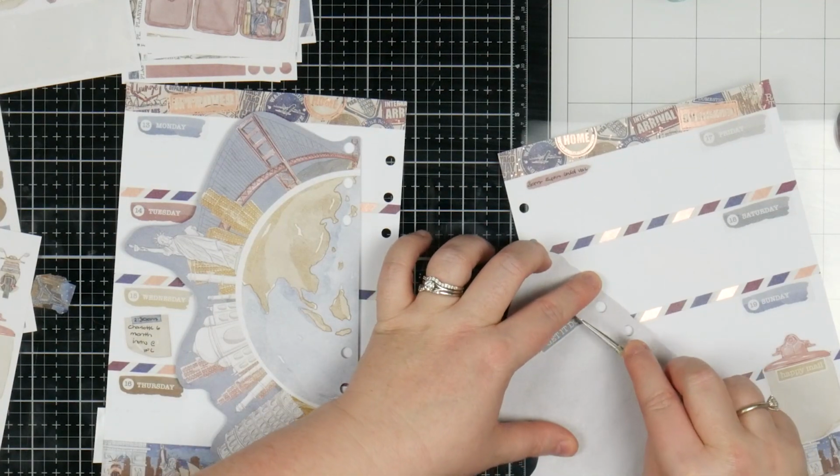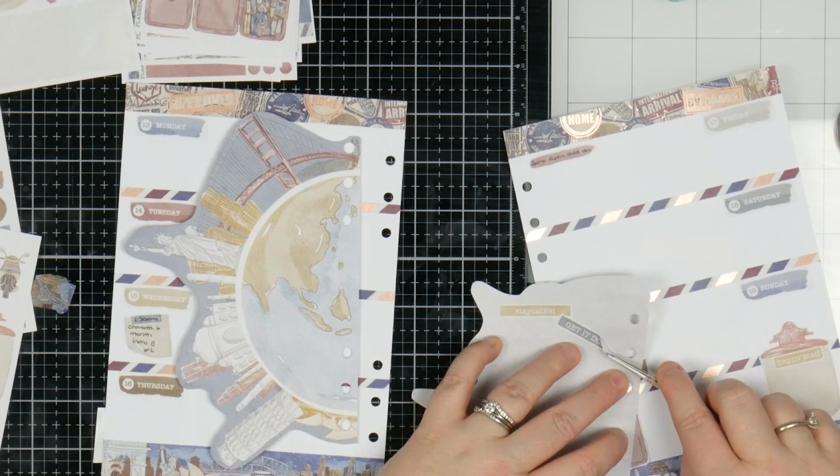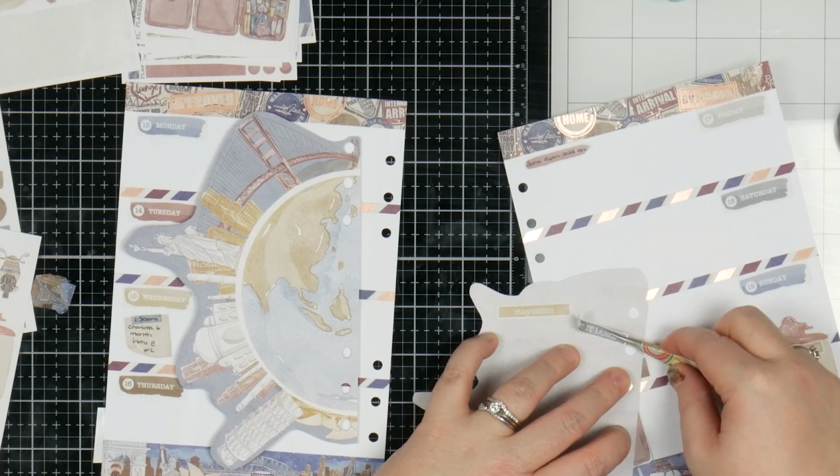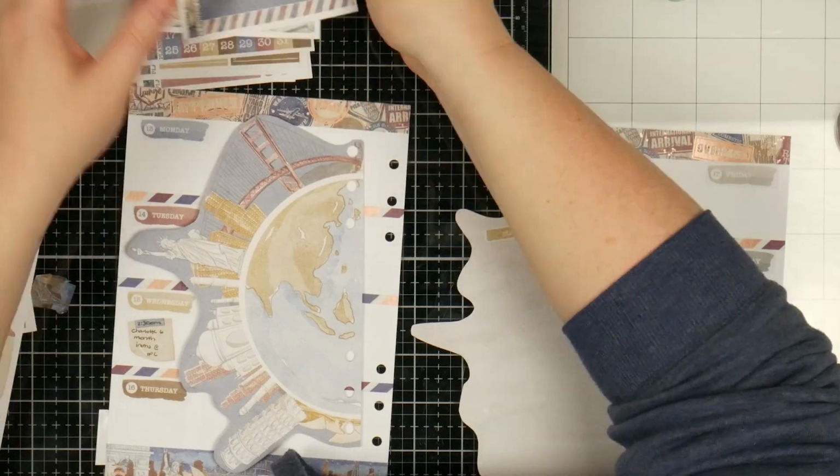That's not right because it sits over my hole and I don't want that. Pulling it gently, I've got plenty of time, if it's only down just a little bit. There we go. Staycation, get it done. And then we can put some